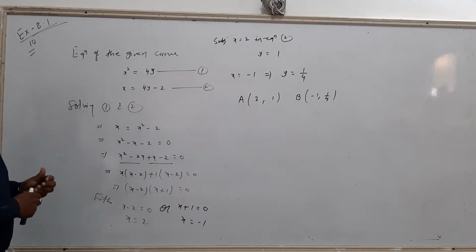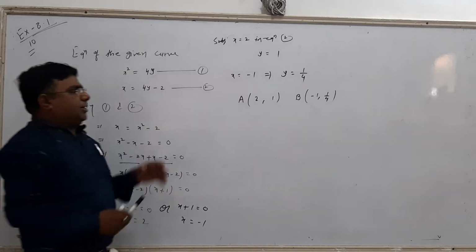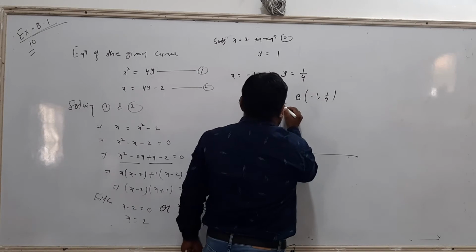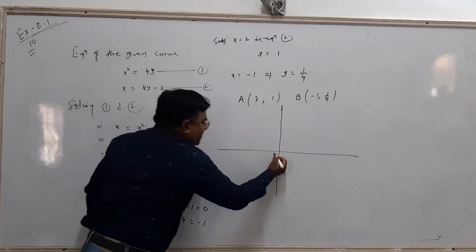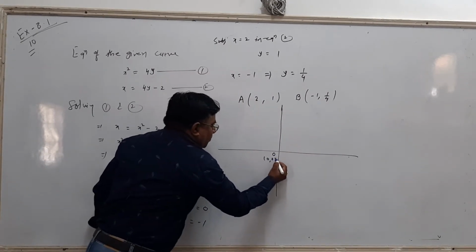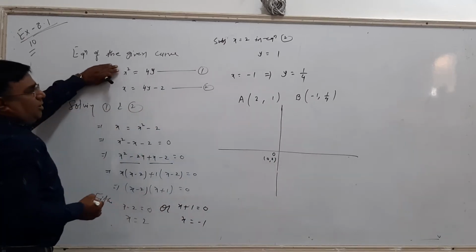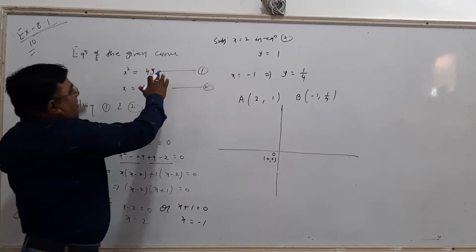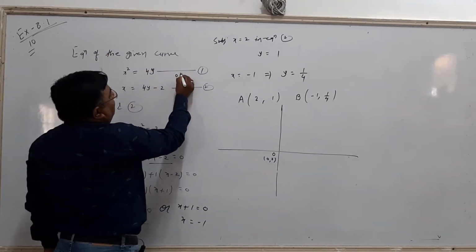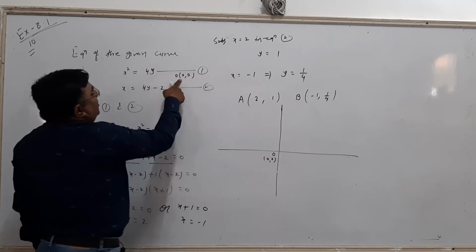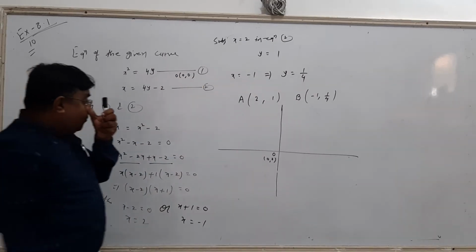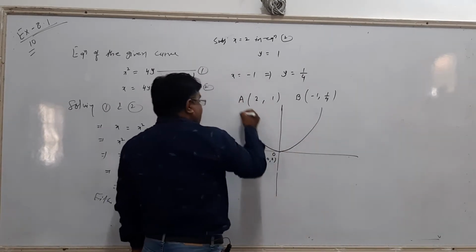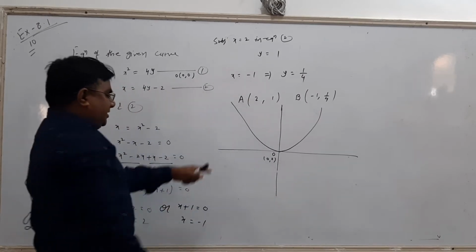So whenever two curves are given, the first thing is to find the intersection points. And the second thing is the diagram. This is the y axis, this is the x axis. Now look, point O is the intersection of the axes, 0 comma 0. The first curve is a parabola, x square equals to 4y, which is an upward parabola. To draw a parabola, the only thing needed is the vertex, and this is a standard form, so the vertex is 0 comma 0. First draw the parabola x square equals to 4y, with vertex 0 comma 0.